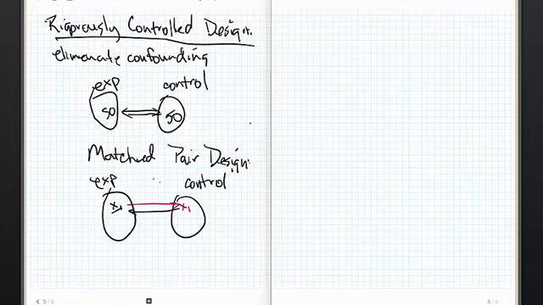In other words, if x1 over here is male, then x1 over here is going to be male. If x1 over here is African American, then x1 over here is going to be African American. If x1 over here got, I don't know, a 680 on their SAT, optimally, x1 over here is going to have a 680 on their SAT. Can you see how much work something like this is going to take? A matched pair design is a really difficult design to do, especially if I've got to do this for 50